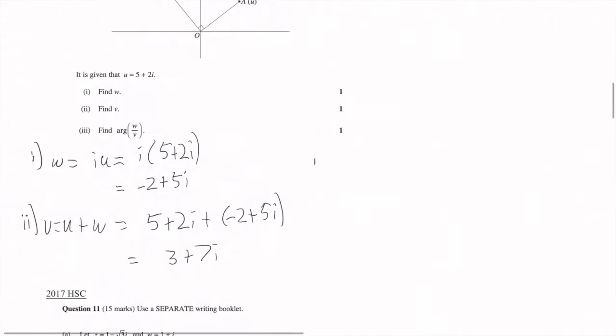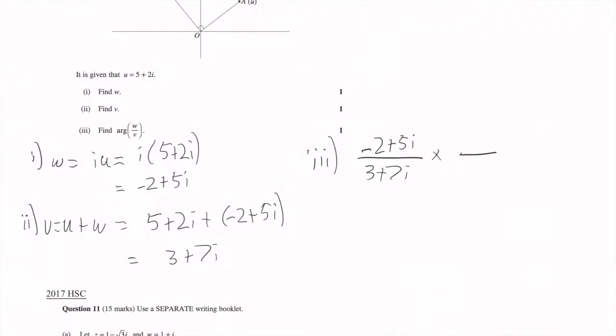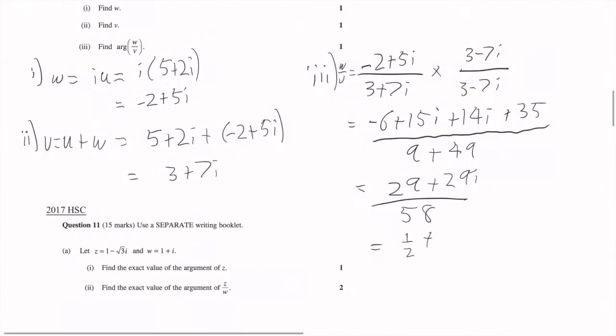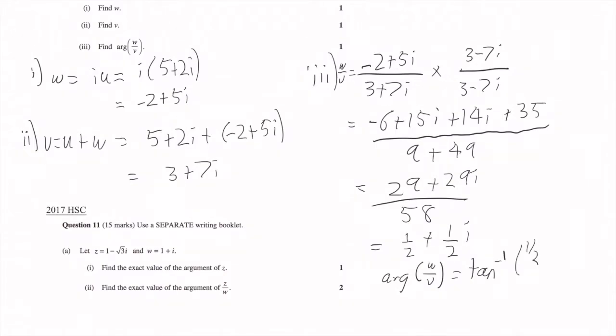Now finally, we will use our newfound knowledge of the argument to calculate the argument of w over v. Well, first let's do w divided by v. This would be minus 2 plus 5i over 3 plus 7i, and recall that we would realize the denominator. In the end, w over v is 1 over 2 plus 1 over 2i, and to calculate the argument of w over v, this would be arctan of 1 over 2 divided by 1 over 2, which would be pi on